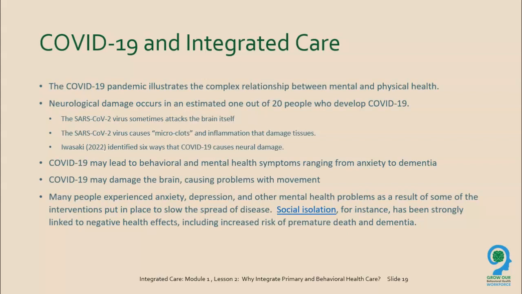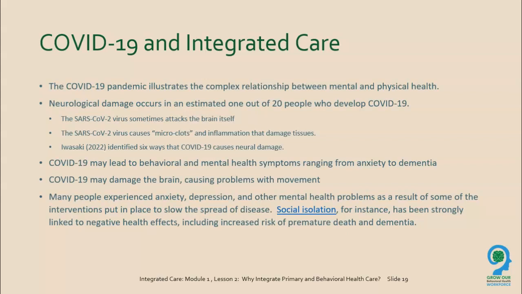I've spoken with several mental health providers lately who've said everybody with COVID is coming into my office and their anxiety is through the roof. Well, when we start looking at the physiology of it, their brains are inflamed. So, of course, they're feeling anxious. Their brain is saying, hey, there's something wrong, folks. Pay attention to me. And then, of course, we can have permanent brain damage, causing problems with movement and with other parts of our physiological being.